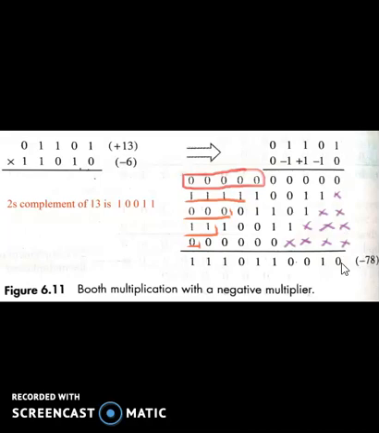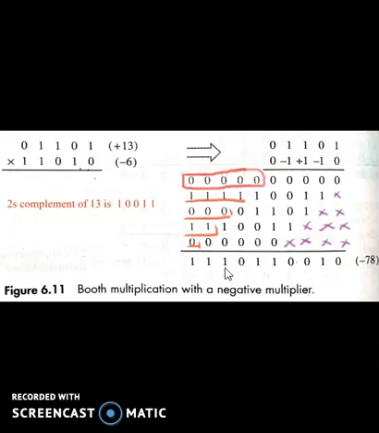Now make a summation of these numbers. So 0 0 as it is, 1 1 1 is 0 carry 1. So 1 1 0 carry 1. So 1 1 1 result is 1 carry 1. 1 1 1 result is 1 carry 1. 1 1 result is 0 carry 1. 1 1 1 means 1 carry 1. 1 1 1 1 carry 1. 1 1 1 1 carry 1, and we have 10 digits, so we have to discard the generated carry. So this is our final result, and if you calculate this number, we are getting minus 78.